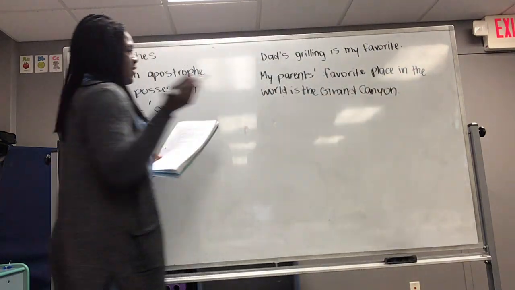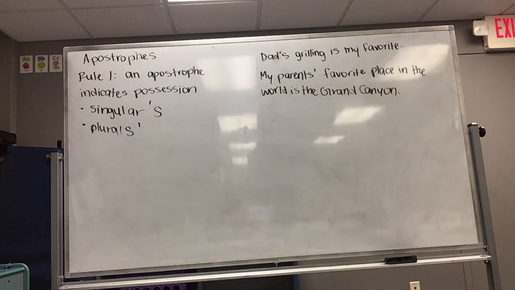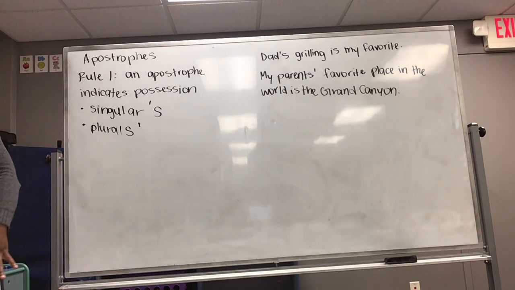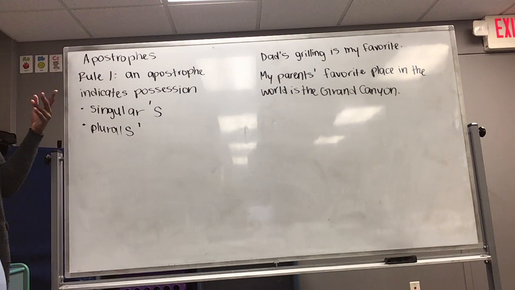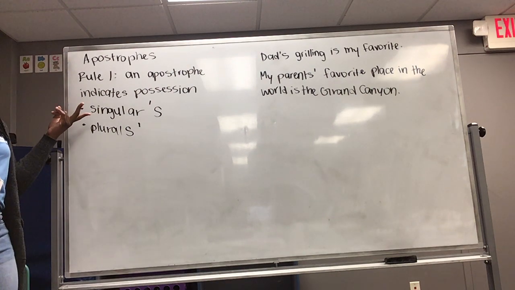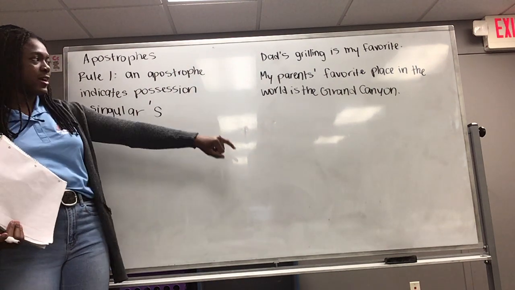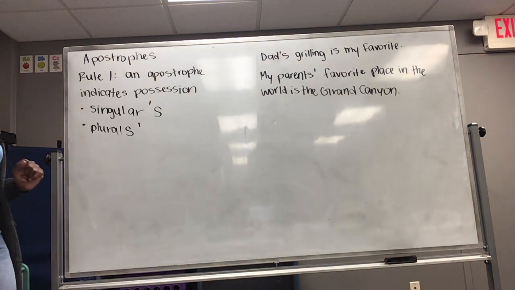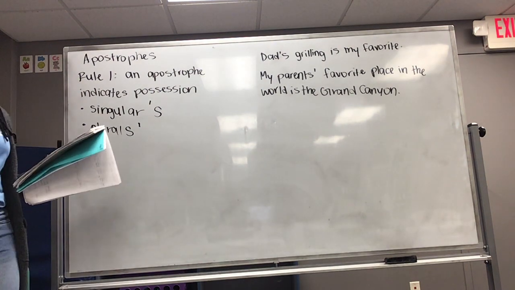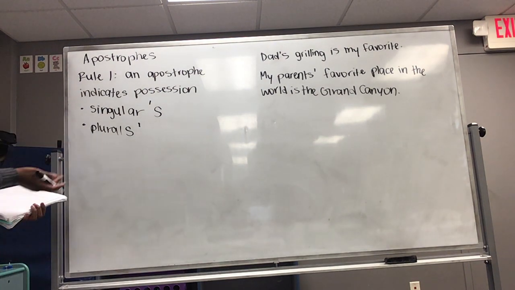So my second sentence is, my parents' favorite place in the world is the Grand Canyon. The favorite place in the world belongs to the parents. Since there are two parents, it's a plural noun, so the apostrophe goes after the S in that example. So that's my first rule with apostrophes. And then our second rule,